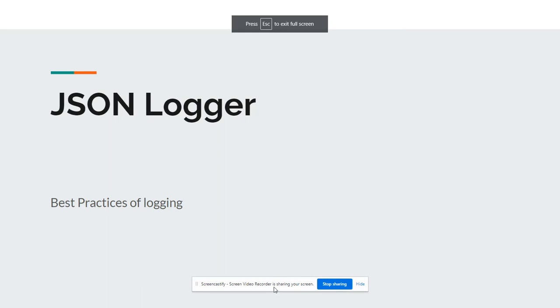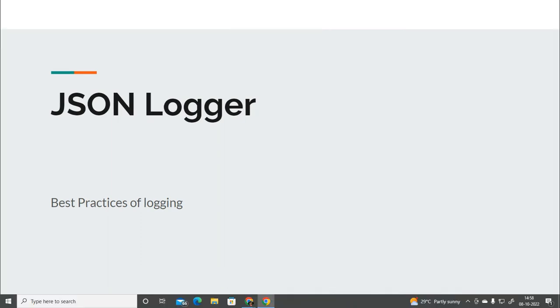Hey friends, welcome back. In this session, I'd like to discuss the concept called JSON logger and why this JSON logger is required. And we will see the demonstration of JSON logger also. So the requirement of JSON logger is